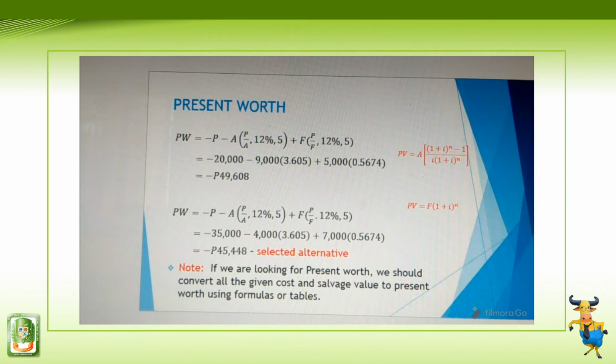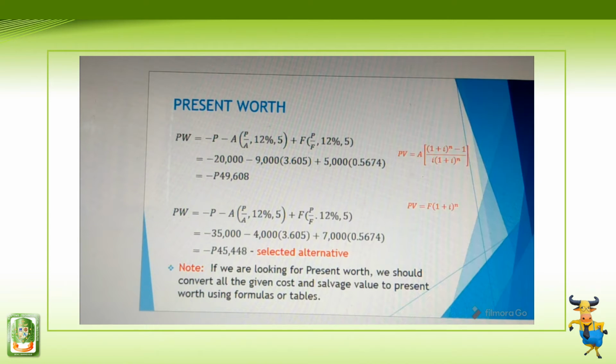So, our first cost is 20,000, so it's negative, minus 9,000, which is the annual cost, multiplied by the factor 3.605. We can get 3.605 if we make use of the formula or by using the compound interest table. The answer will be the same. Then, plus 5,000 multiplied by the factor of